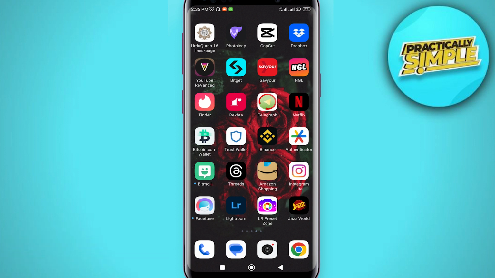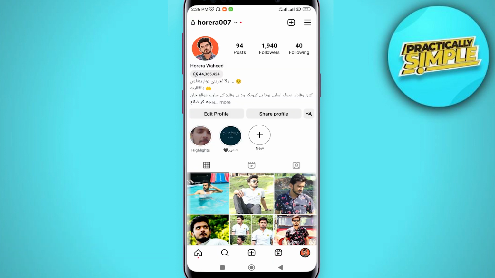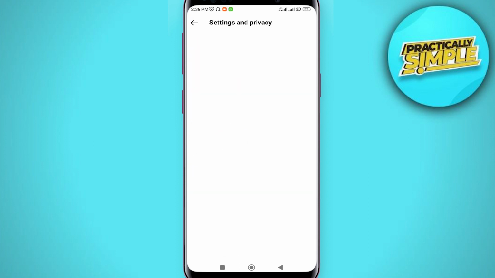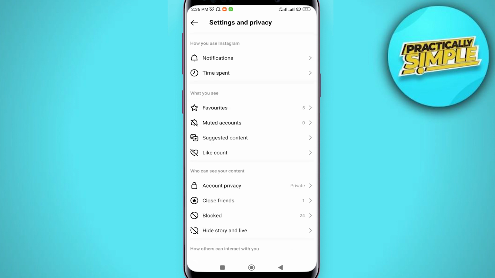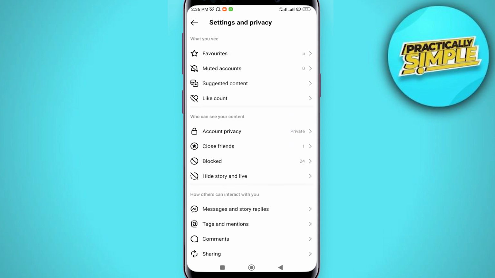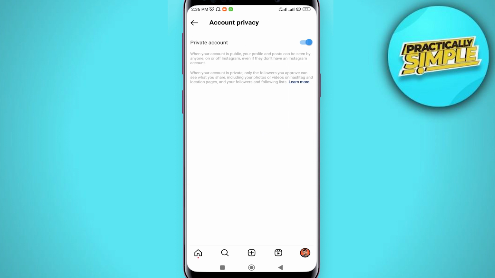First of all, open your Instagram application and tap on your profile icon in the bottom right corner. Then tap on these three bars and go for settings and privacy. And now this is your privacy section, so you can see this option, account privacy. Tap on it and now you can make your account private. It means no one can see your posts or your stories or anything on your profile, only your friends or